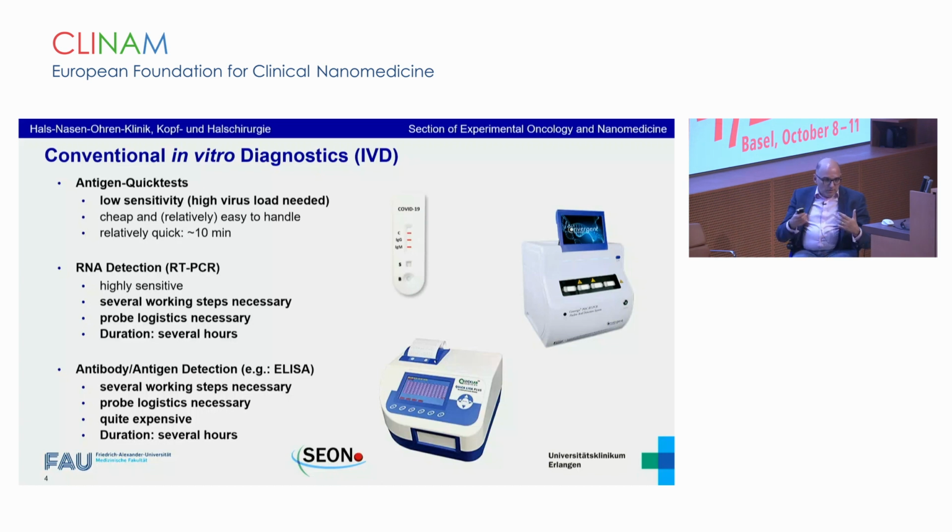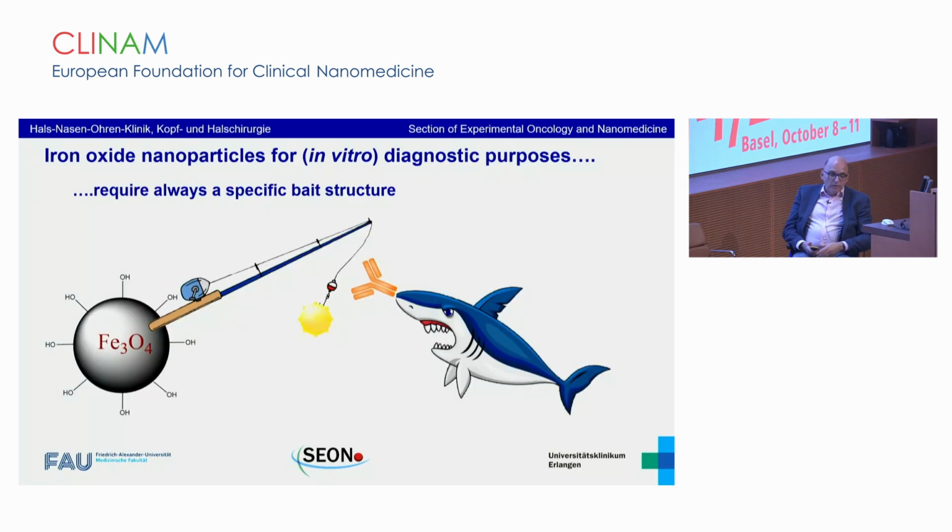And as we know, it's always important, especially during the pandemic, to have real results from the investigation in a quick time. Or, for example, ELISA: several working steps are necessary. We need intensive probe logistics. It's quite expensive, and the duration is several hours. So what we thought is, and it's not brand new, to use iron oxide nanoparticles for in vitro diagnostics,